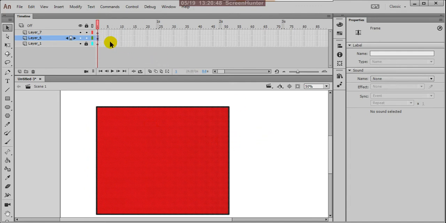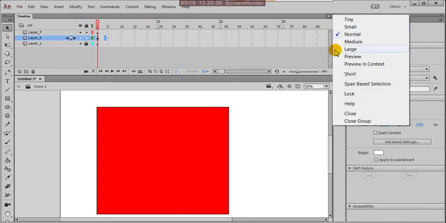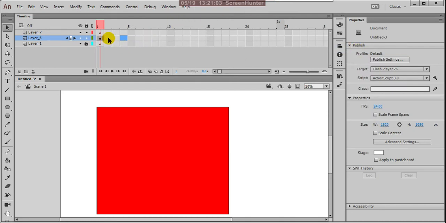The box here, see, there is one box. If you don't see that, we can click here and make it medium or larger. Now see this 1 2 3 4 5, these are the frames. You can create continuous frames. When you animate things, it can be 100 frames, 200 frames, 300 frames, depending on your animation length.